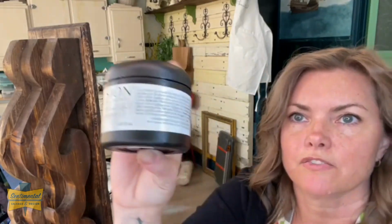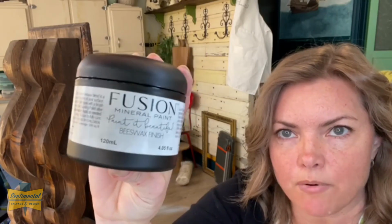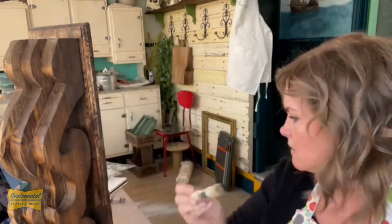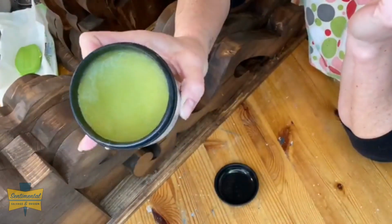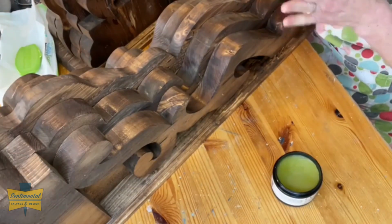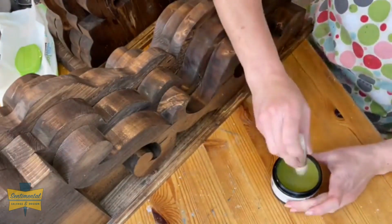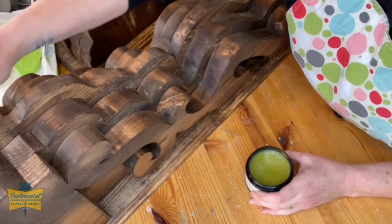I'm going to be using Fusion's beeswax hemp oil finish. And I just brush it on with this little bitty cheapy kind of a stencil brush. That is what I'm going to use. So it's kind of like a wax, but it's a little bit softer. Not by a lot, but it's softer. And I just keep this same little brush and I just store it in a Ziploc bag. So all I do is just grab some and I'm just going to brush it on